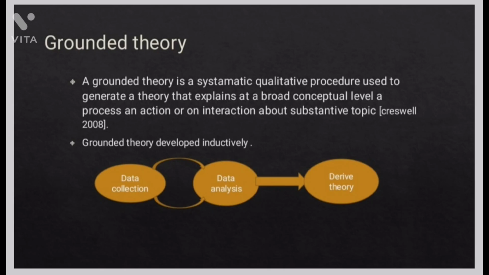According to Corbin 2008, in grounded theory the researcher collects rich data on a topic of interest and develops the theory inductively. The data is collected and analyzed, and it drives towards the theory. And most commonly,